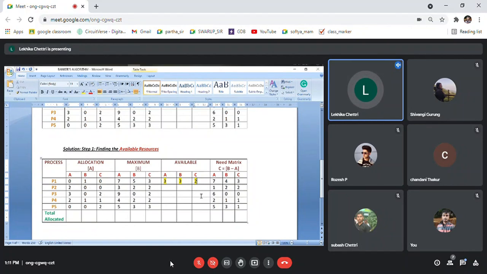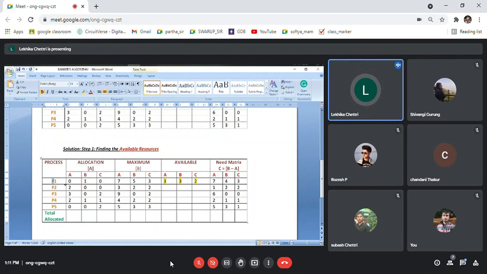It's like you're asking your parent for 10,000 rupees at the end of the month, and your parent is saying it's the end of the month, I cannot give you 10,000, I can give you only 2,000. But if your fees is 10,000, can you do with 2,000? No. So you decide to wait. So the operating system makes P1 wait. Now the operating system will check another process in the queue.